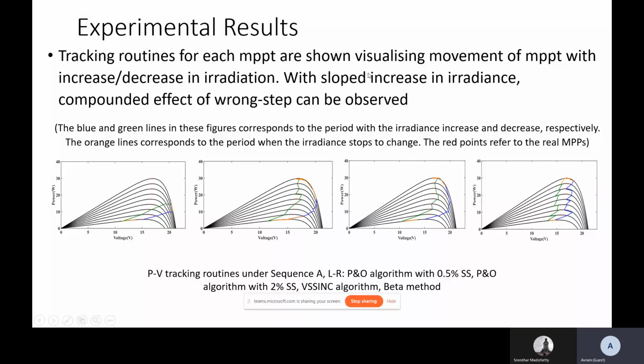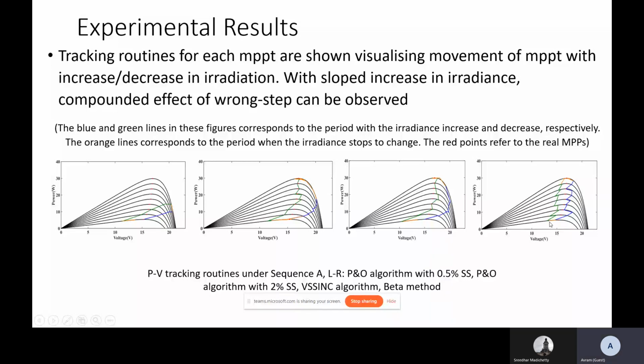Because with the slope increase in irradiance, the effects of wrong step and drift are compounded. So we take the two extreme cases, which is the small step P&O, and we can see that with each increase in irradiance, this algorithm continues to drift the operating point further and further away from the MPP. Whereas with the